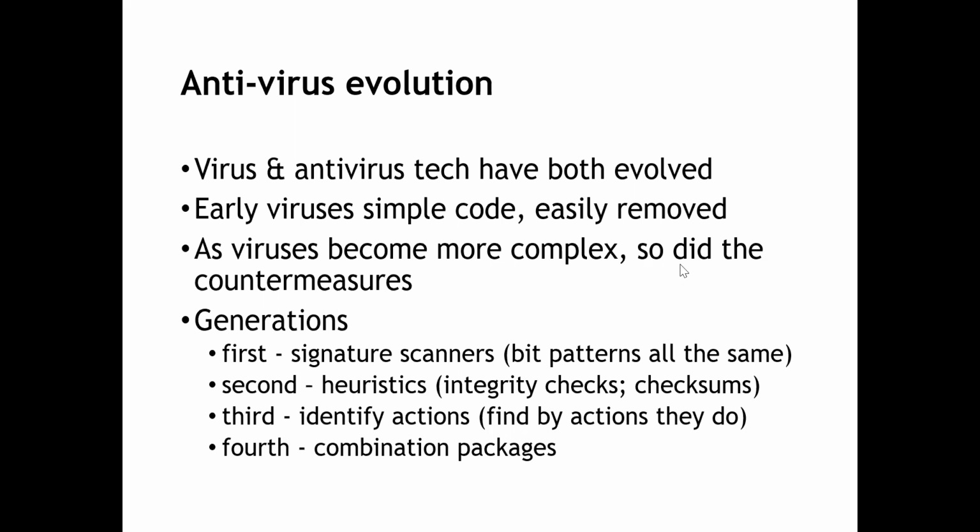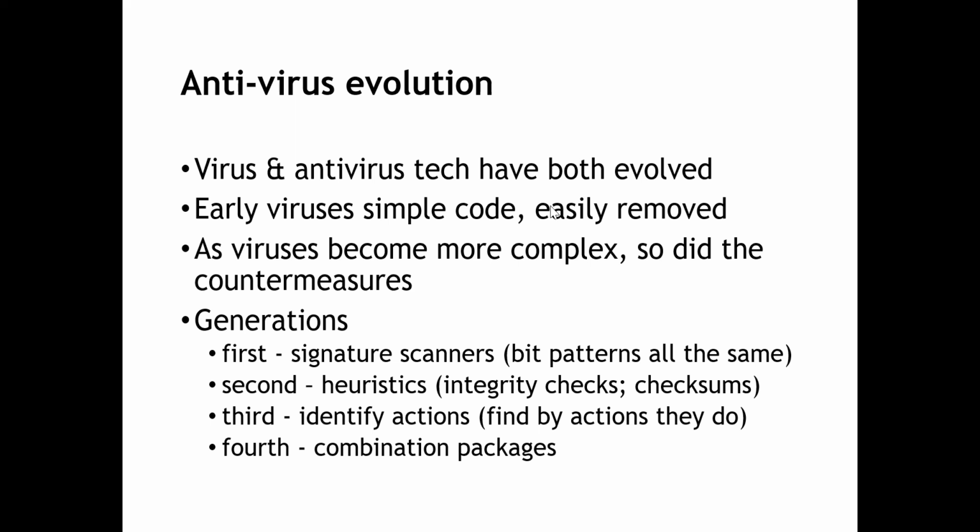If before it was very easy to open it and append oneself to it, that made it quite easy, but now it's becoming difficult and more complex as the days go by. We have different forms or evolutions. How have they mutated and moved on? In the early days, the viruses were known as first generation viruses. These first generation viruses only used signature patterns. With these signature scanners, you just scan and quickly get your bit patterns that were all the same, pick it and delete it. Those were the very initial